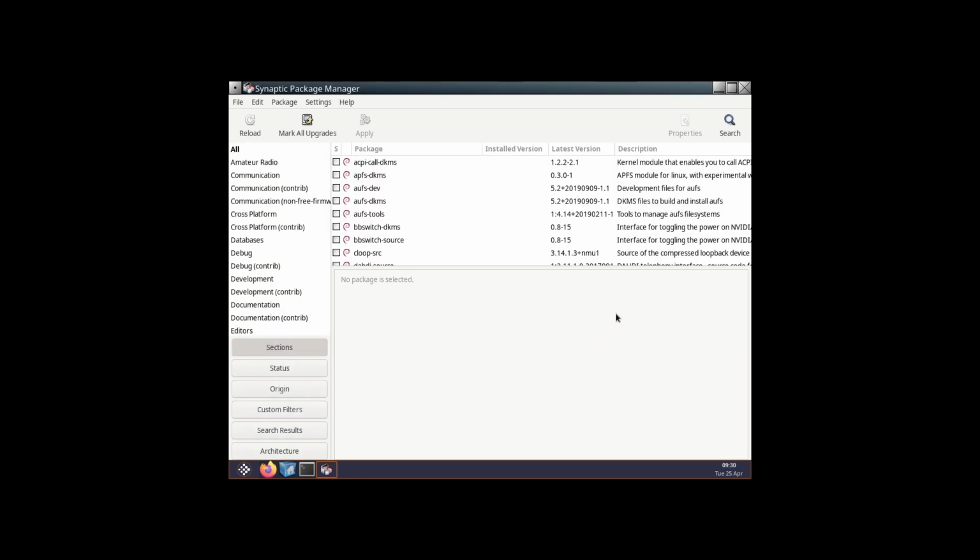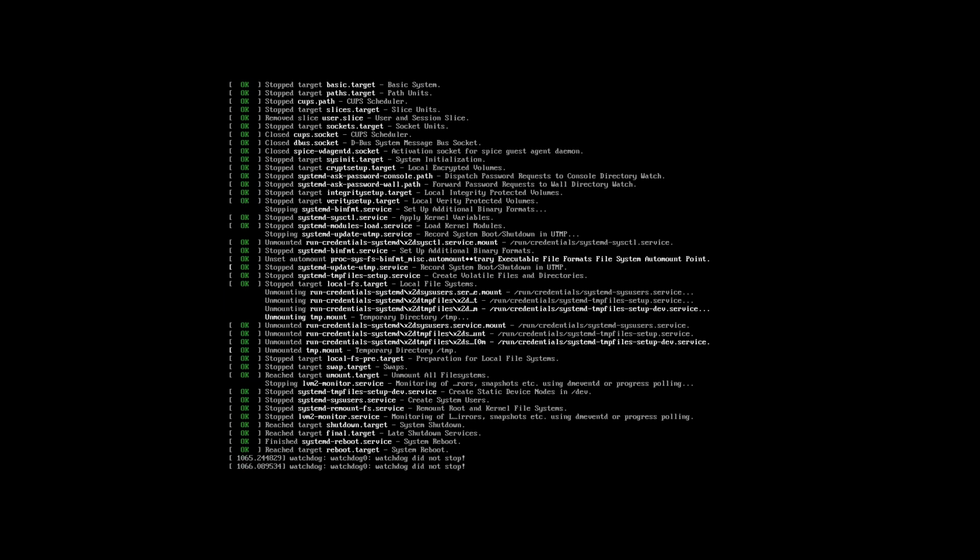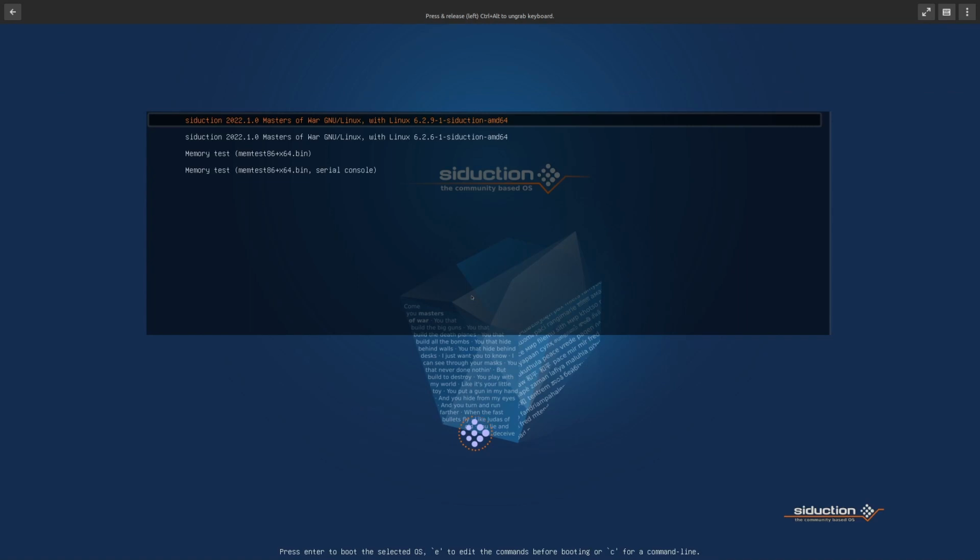So now I think it is installed. What we will do is we will close this. I think a restart will be required, so we will reboot. Now you can see two entries are there. One kernel is 6.2.9, that is what we installed right now, and the older kernel is